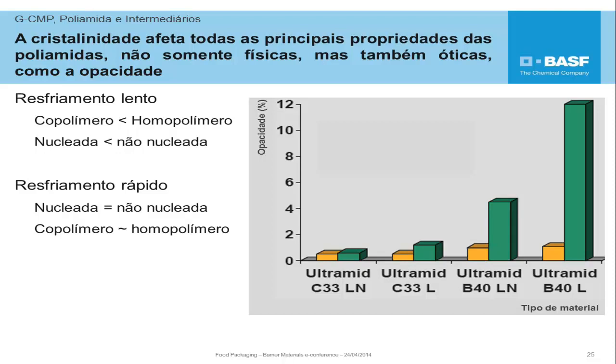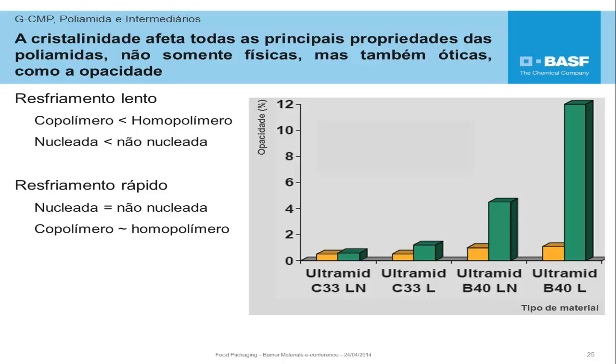Analyzing green bars only, we can see that the N materials always have lower opacity, or better optical properties, than the non-nucleated or L type. Both homopolymers and copolymers. And why is this so? Well,